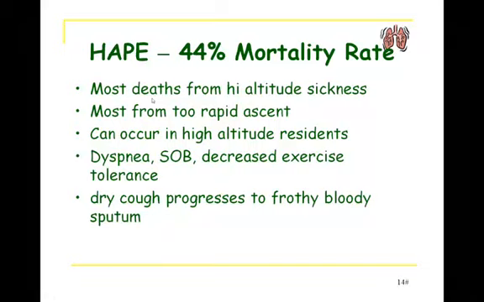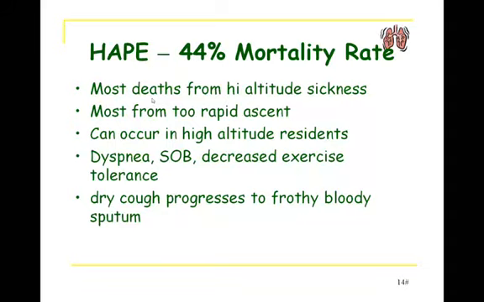Generally, overall, acute mountain sickness is related to hypoxia and hypocapnia, which is low levels of carbon dioxide, because you blow off a lot of CO2, and the resulting alkalosis. And what's going to happen is, generally with acute mountain sickness, it's usually fairly early on from your arrival at the higher altitude, anywhere from 8 to 24 hours. You'll get acute mountain sickness, and it can last anywhere from 4 to 8 days. Usually it's because of a too rapid ascent.